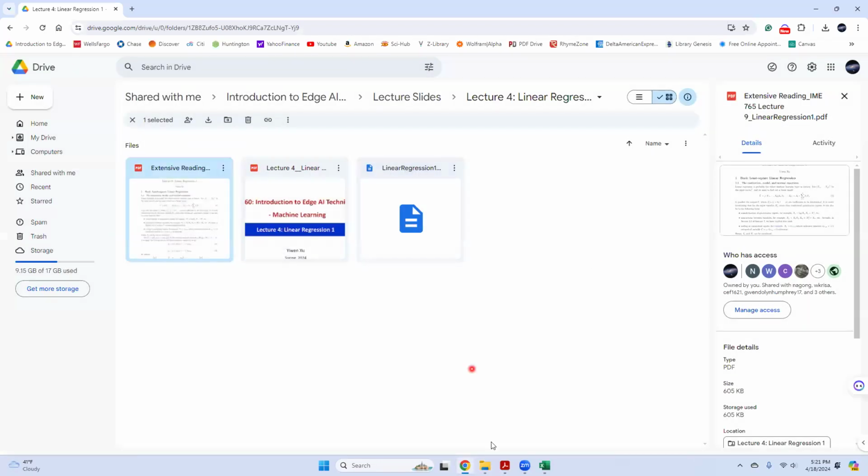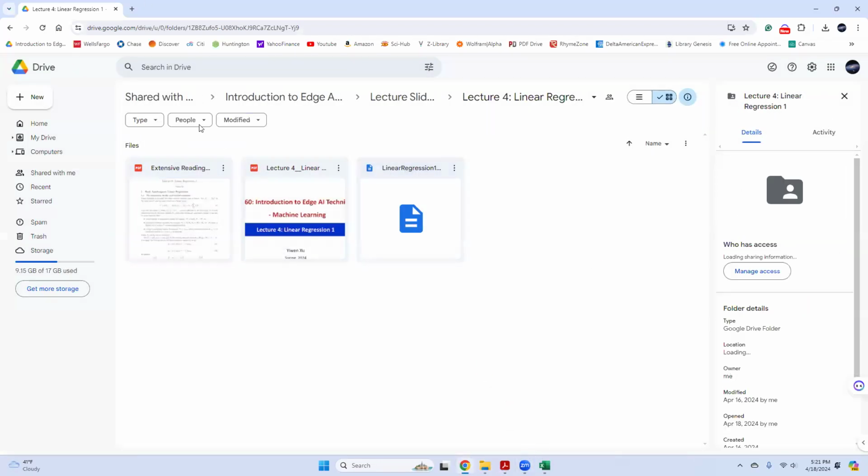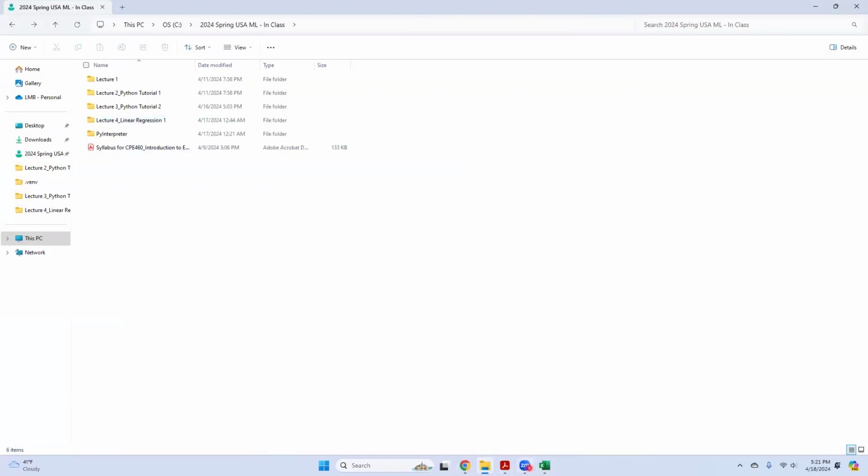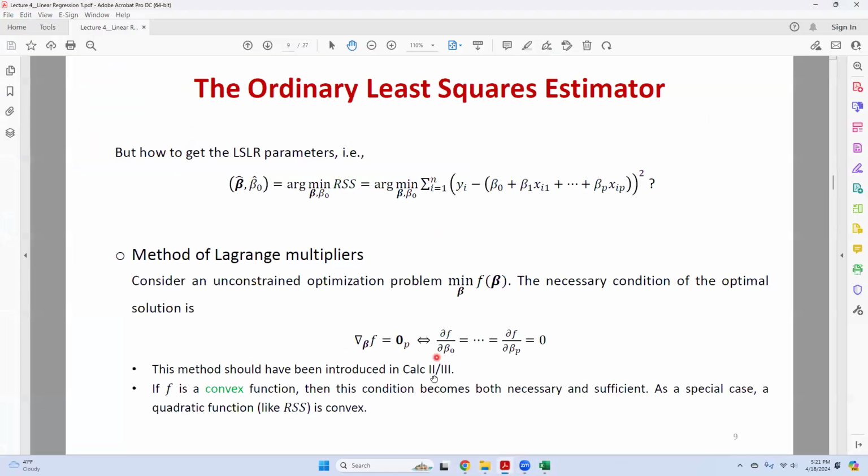No, it's not here. But if you want to see more, what does a convex function mean? You can simply search it. The most common definition is that the Hessian matrix is positive definite, so it's a strictly convex function, or PSD, positive semi-definite, that's a convex function. So a quadratic function is indeed a convex function. This is a fact. It's just like x squared is convex, and hence this